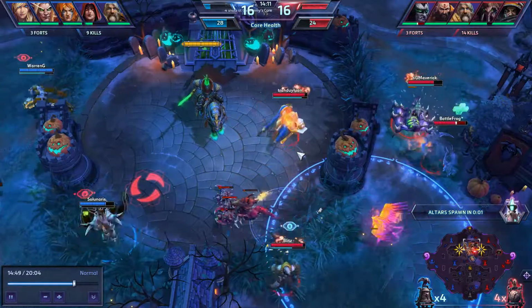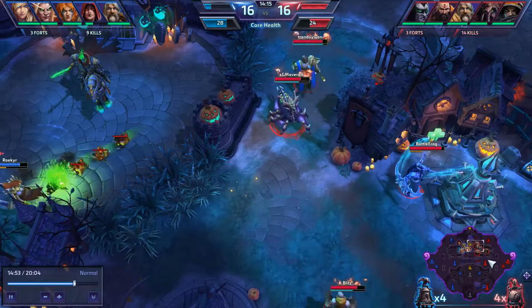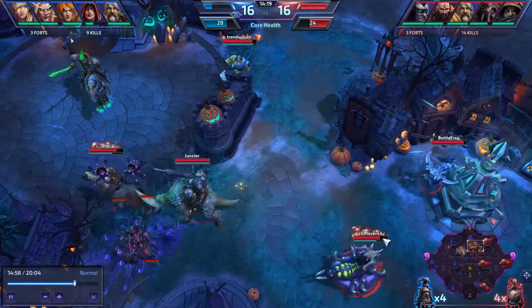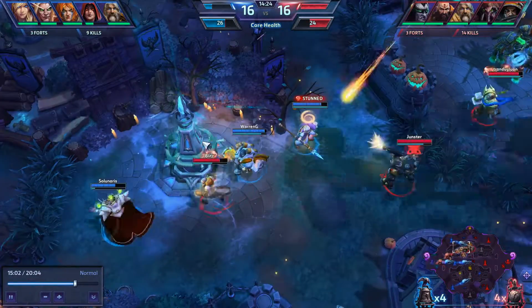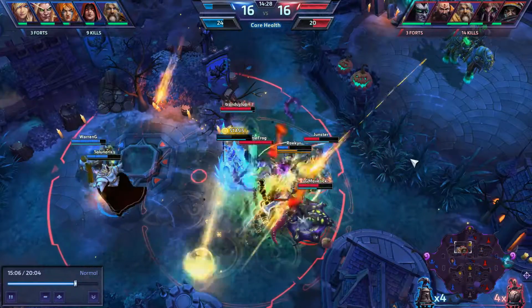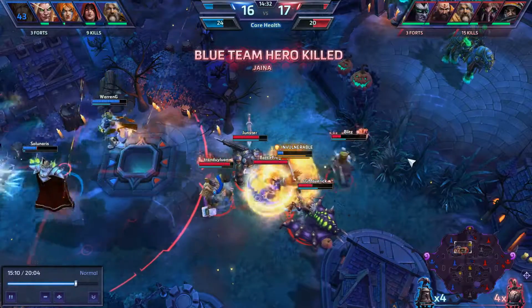Valla's at really low HP right now, but the zoning from counters is managed to keep the two teams from suffering any major casualties. And so red team manages to capture their altar, and blue team manages to capture their altar, sending 4 missiles to the other side. There's going to be initiation right here with ultimate Hyperion from Raynor, and Jaina's going to be